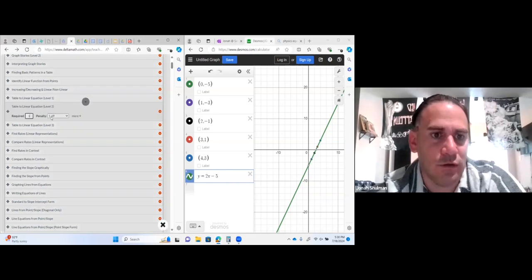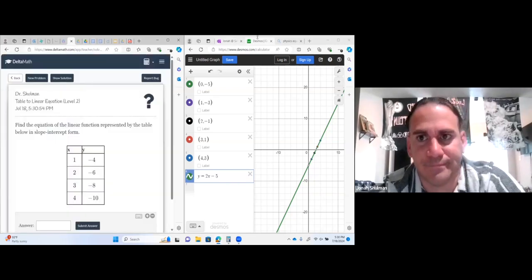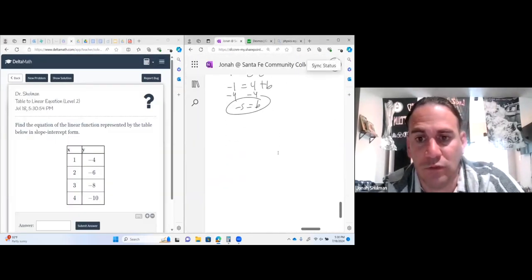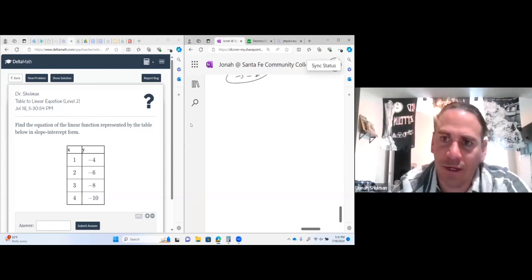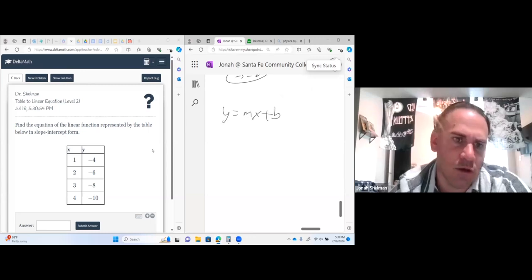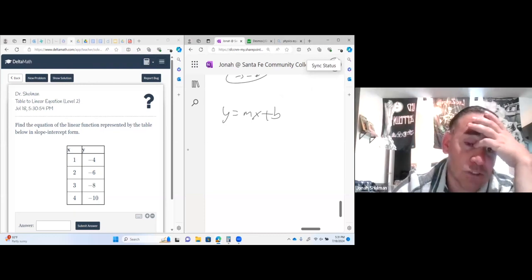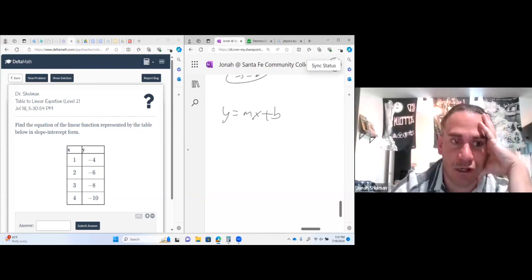Ooh, they get harder. All right, well, we're not going to graph it. We graphed one of them. So the x is still going up. This is getting more negative, so we have a negative slope. Y equals mx plus b. The slope is just minusing 2 every time, so I'm pretty sure if we did -2, we should be fine, right? So y equals,